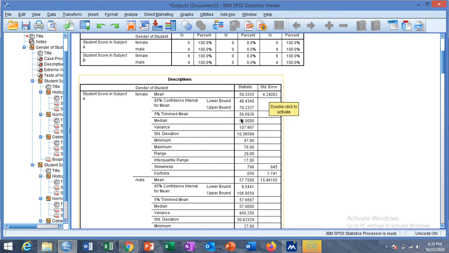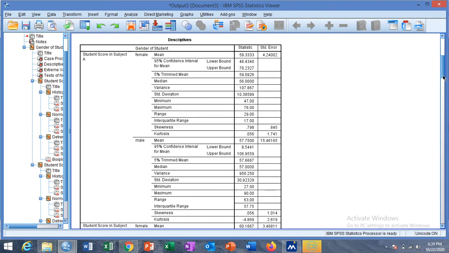And this is the value of the mean after trimming 5% of observations from both ends, after arranging the data in ascending or descending order. This is the median, and this is the standard deviation, minimum, maximum, range, interquartile range, and the kurtosis and skewness of the data.